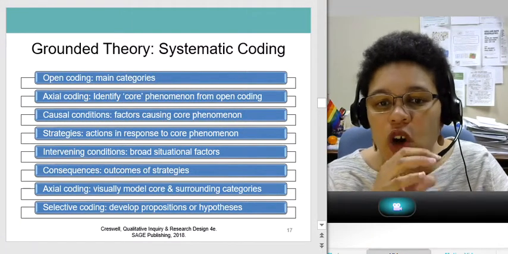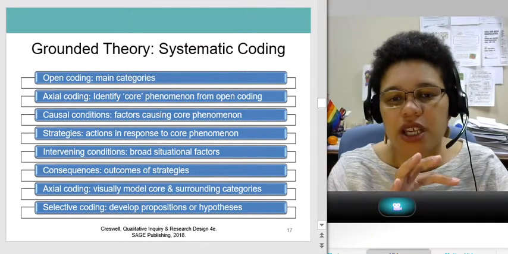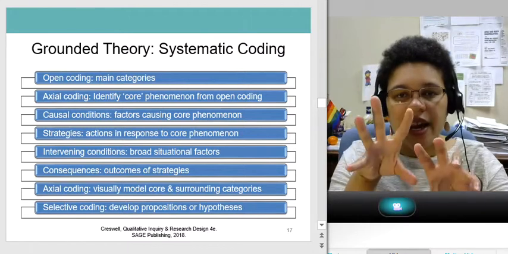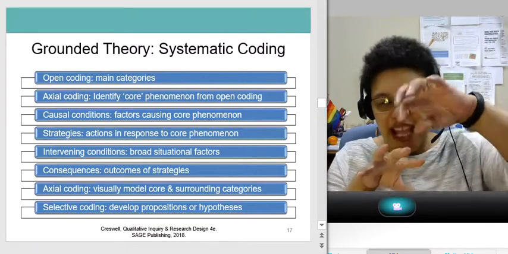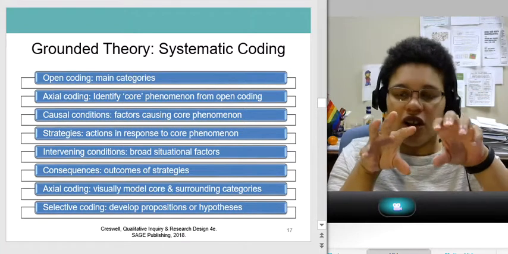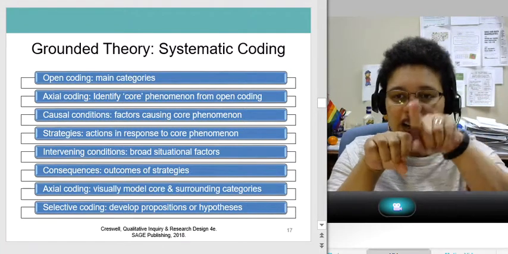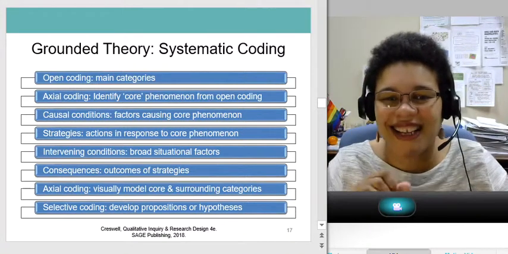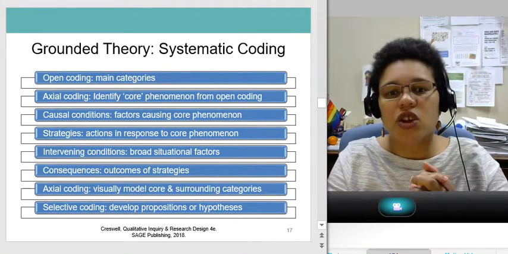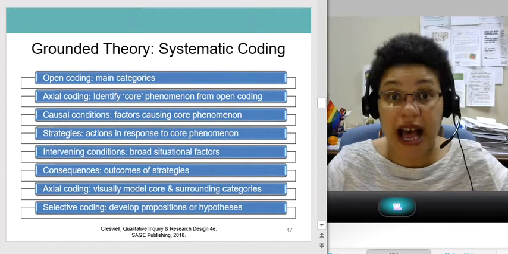And then axial coding, you visually model this core and surrounding categories. Okay, like think of a car tire has these axes. And selective coding, you're developing propositions or hypotheses.